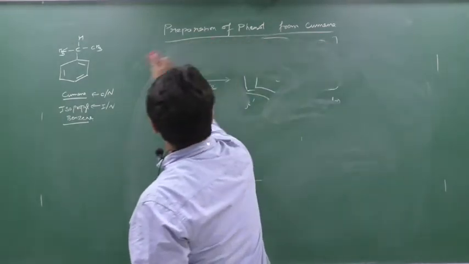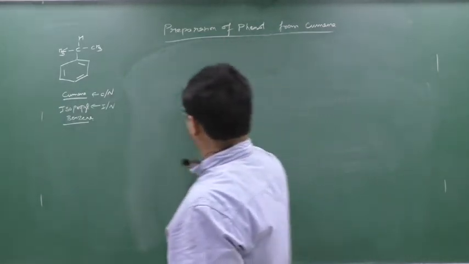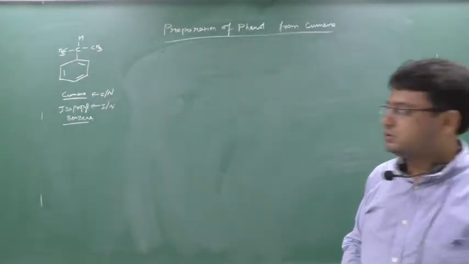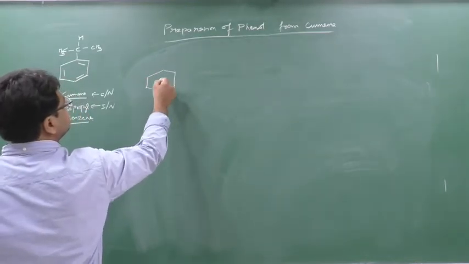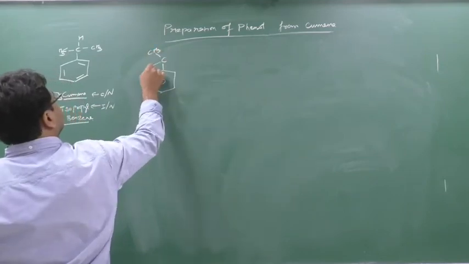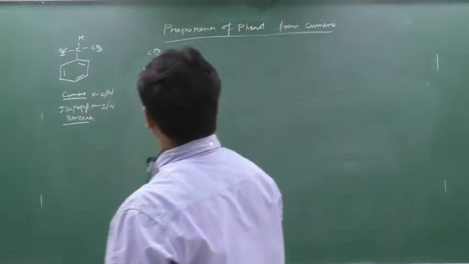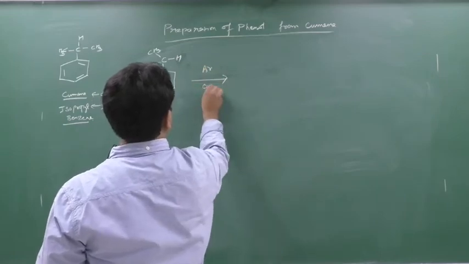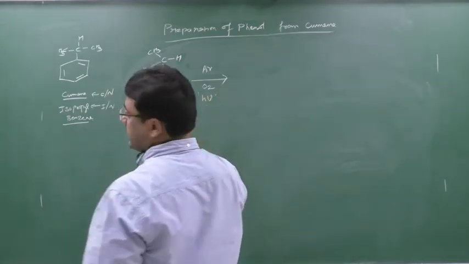So one thing you understood, that during the preparation of phenol from cumene, not only one product is coming out, that is phenol. There is one more extra product, that is ketone. So this also is very important. First I will write down the cumene. I am writing cumene in this way also, one and the same. This is also cumene. What will I do? I will react it with air. Air contains what? O2. And in the presence of sunlight, hv. Why is the help of sunlight needed? This also we will see.